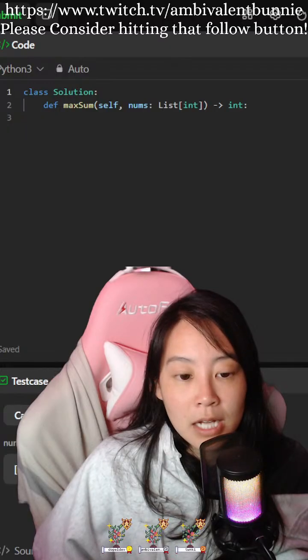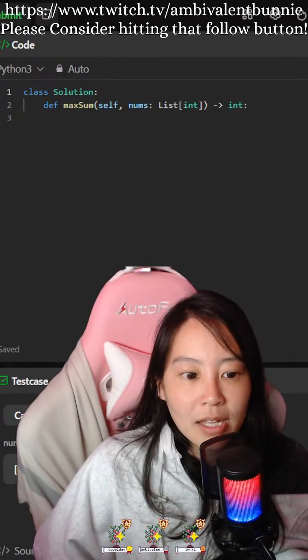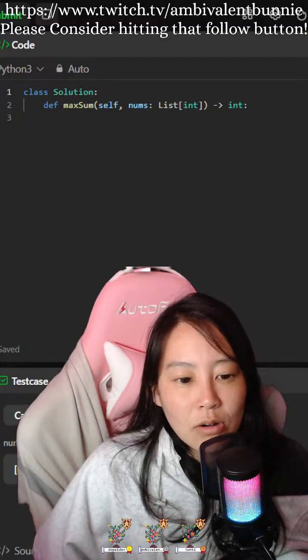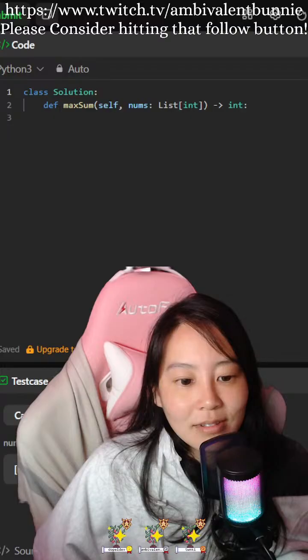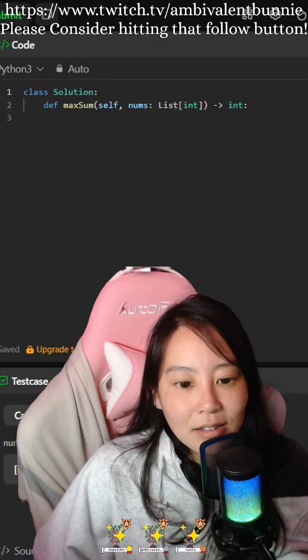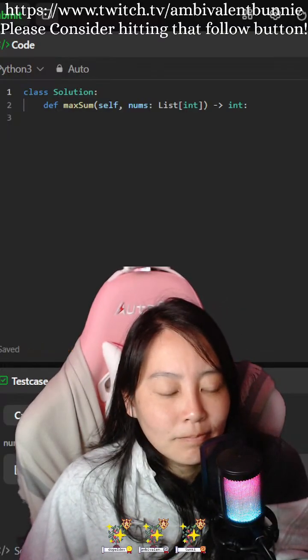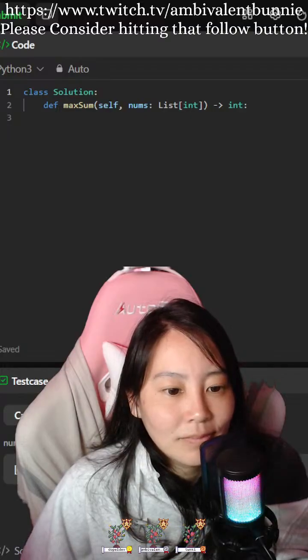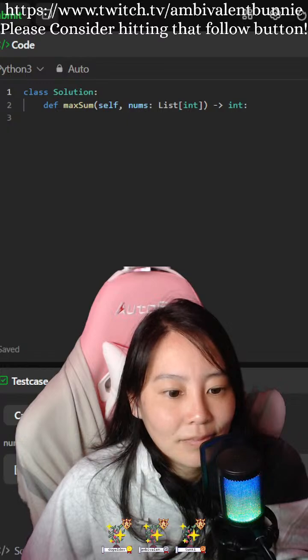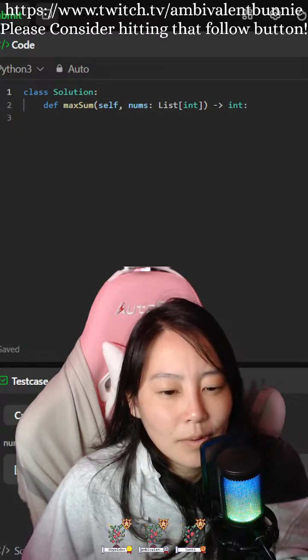Return the maximum sum of such subarray. So, number one.